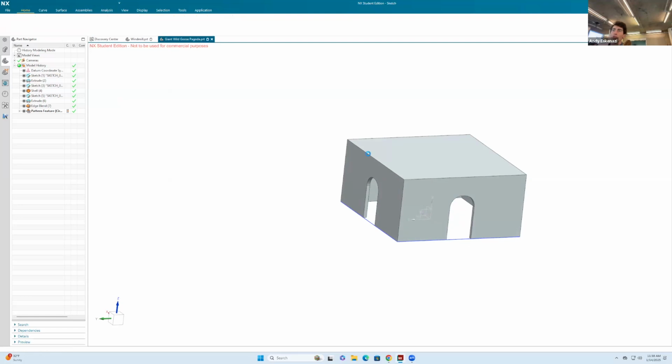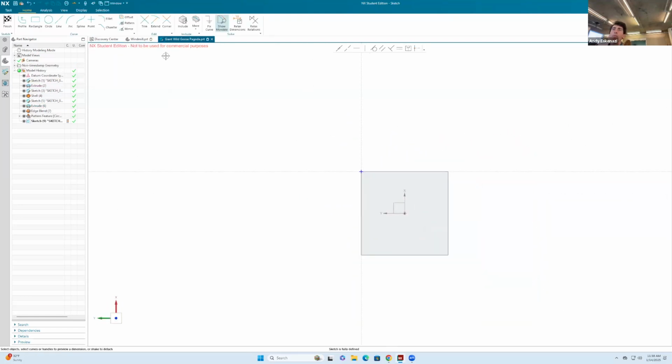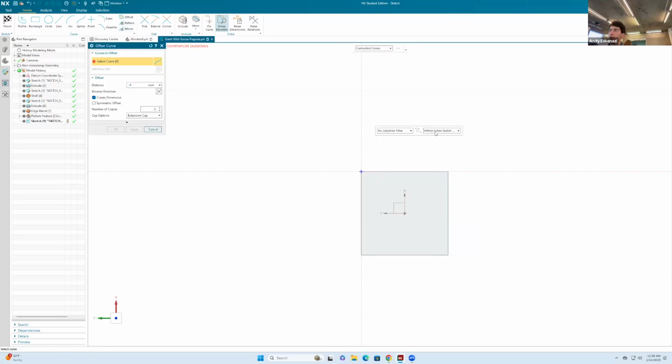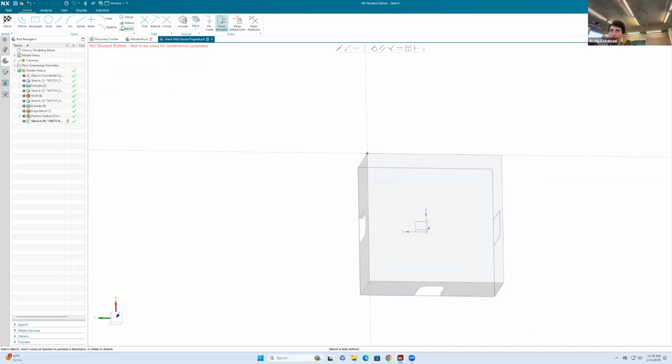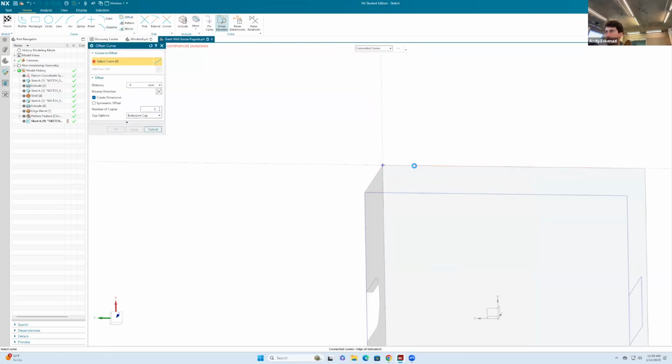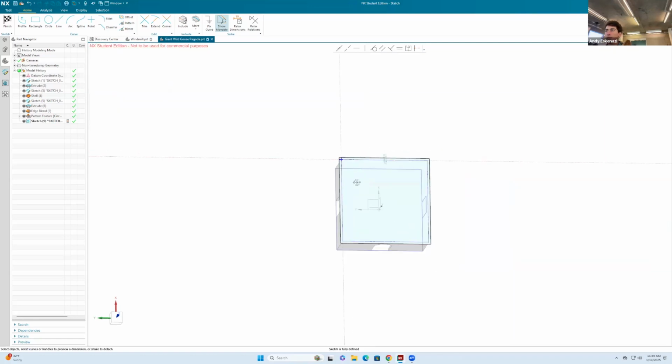Now I'll go here to sketch. I'll go to the top face of this thing. And what I'll do is here an offset. Let me right click here, or work part only. So I can do an offset of all of these edges. Actually, hold on, let me just try again. Very good, like that. But I'm gonna offset outwards by 5. I'll say okay,